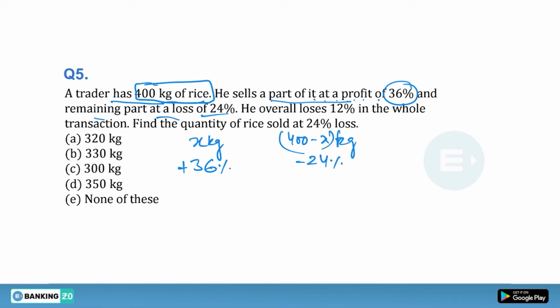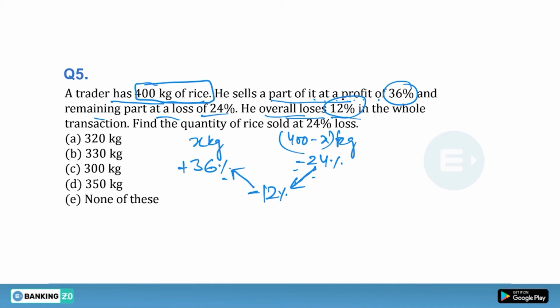So we will be denoting the loss with a minus sign. Okay, so far so good. I think you are getting my point? So minus 24% will be there. Overall loss is 12%. So now we are given the overall loss. You need to write the overall loss in the middle of these two in this way, guys. This is 12%, minus 12%. And now what you need to do, guys, is this: minus 24 minus 12 and minus 12 minus 36.